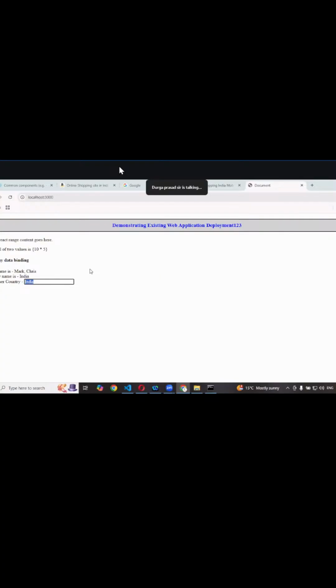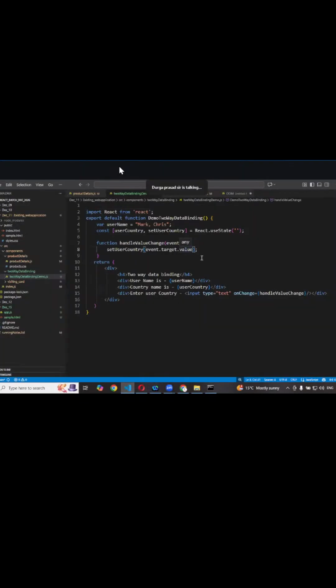In the background, is React.js doing any magic? No, it is actually doing the JavaScript logic only, but you as a developer don't need to bother. You just make use of the advantages it provides. Are we clear? As I said, I'm going to explain two-way data binding clearly later, but